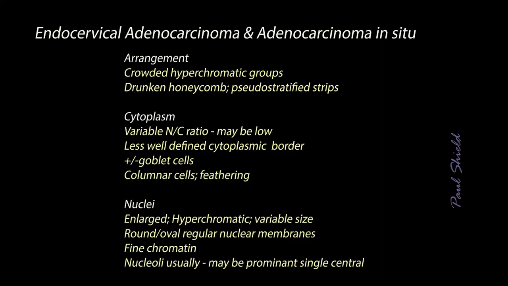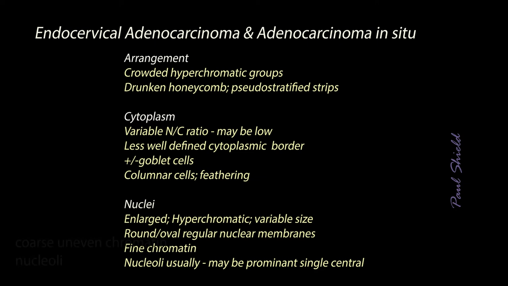So in summary, what I want to see to diagnose endocervical adeno or adeno in situ is glandular arrangement. So the architecture should reflect the glandular differentiation. So we see crowded hyperchromatic groups, but often they have limited depth of focus, one layer deep, and they show a very, very crowded basic honeycomb. And you will see pseudostratified strips, as we just looked at as well. The cytoplasm should be glandular, so it should be less dense than squamous cells. It should have a less well-defined border, and it should be granular, indicating very small vacuoles, or else have large